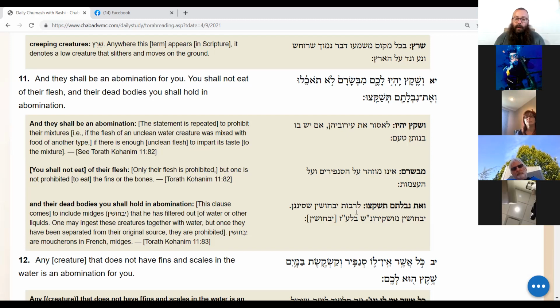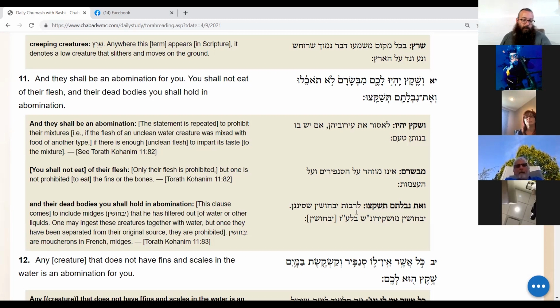And there's also another kind of creature that, I don't know exactly how this works, some kind of maggot or something that you separated from water. It's like created by the water, in the water. It's not a prohibition as long as it's still part of the water. But once you take it out,